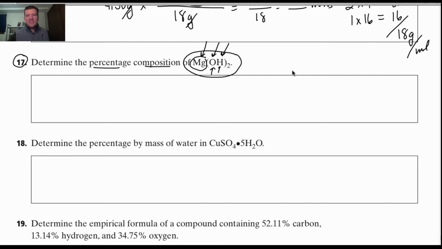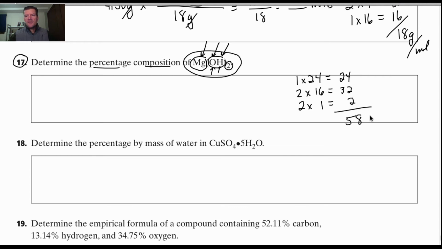So for magnesium, it's around 24, 24.3. We'll just use 24. I'm going to just round off right now. So there's just 1 magnesium in this compound, so 1 times 24. Oxygen, there are 2 of them. See this OH group? But it's doubled. So there are 2 oxygens, so that's 2 times 16. 16 is the molar mass of oxygen. And then there are 2 hydrogens. 2 times 1. 1 is the molar mass of hydrogen. So I've got 24, 2 times 16 is 32, 2 times 1 is 2. I'm going to add all of those up,